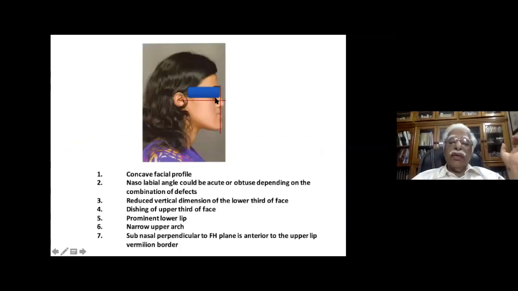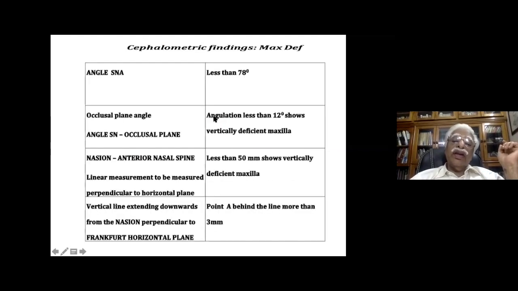And here, some maxillary deficiency she has got. Here you can see that in a mandibular deficiency, 91, it is obtuse. So I mean acute. The nasolabial angle is acute. That means there is a proclination of the upper anteriors. The proclination of the upper anteriors is a compensatory mechanism,